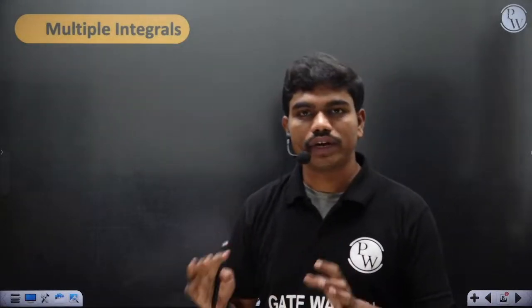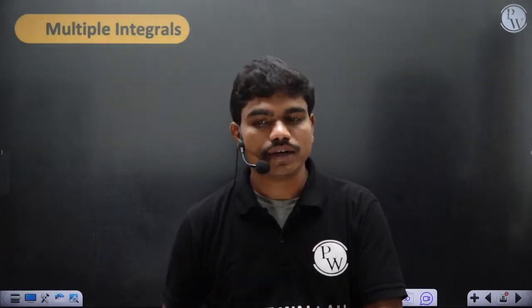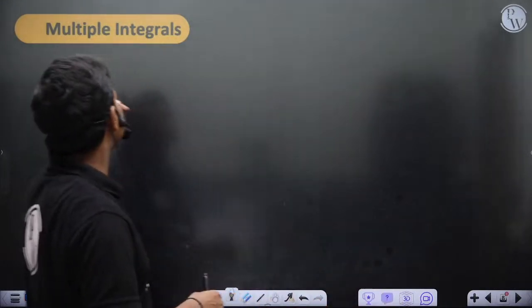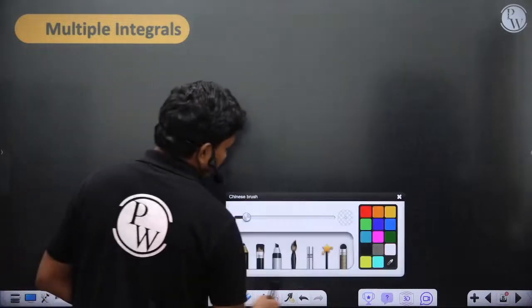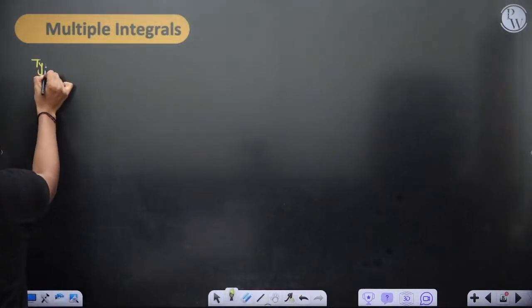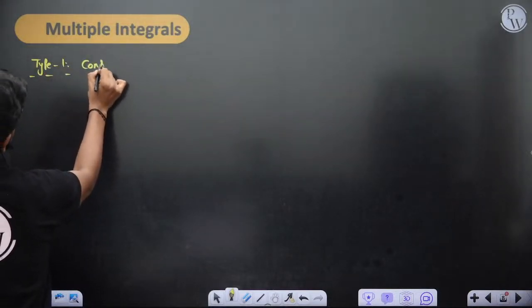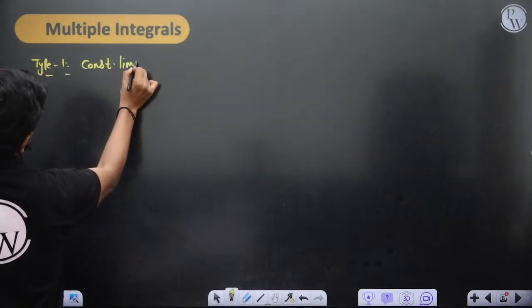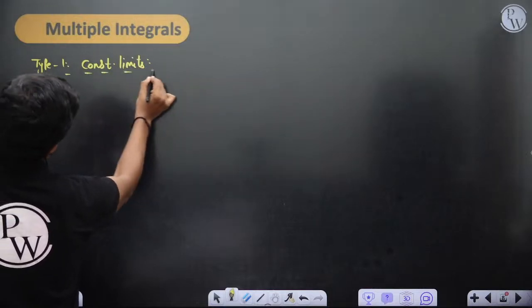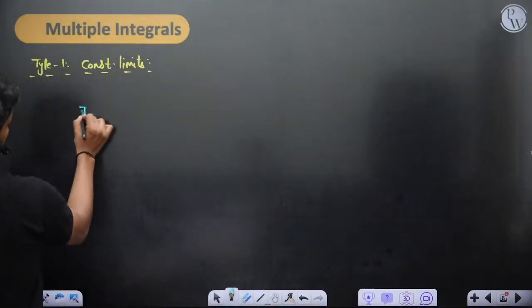Okay, so we had good enough experience in calculating single variable integrations. We have already completed that last week. So let's try to calculate these multiple integrals. First of all, if you have a multiple integral, type 1 is constant limits, of course. So let's see how we have this. I is equal to